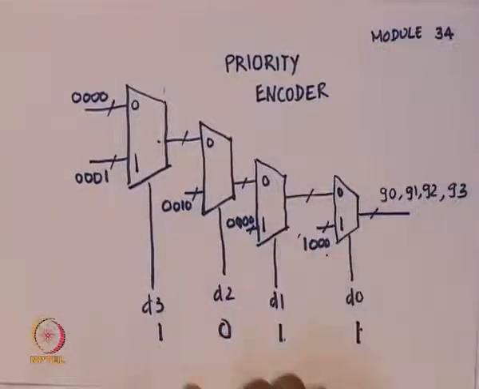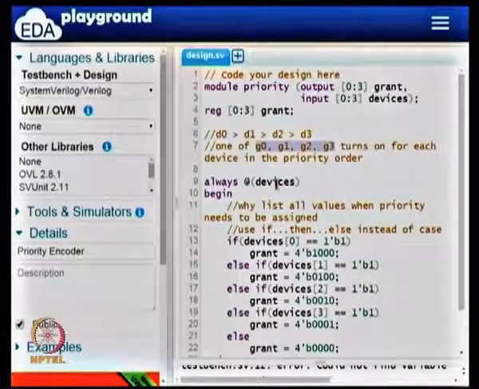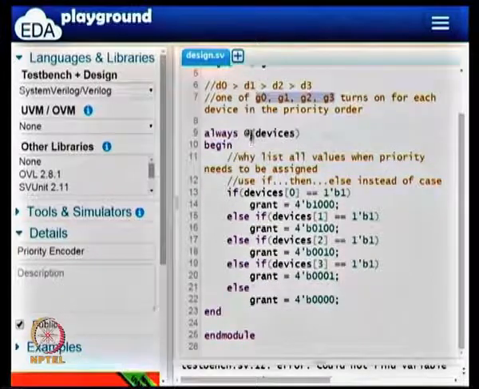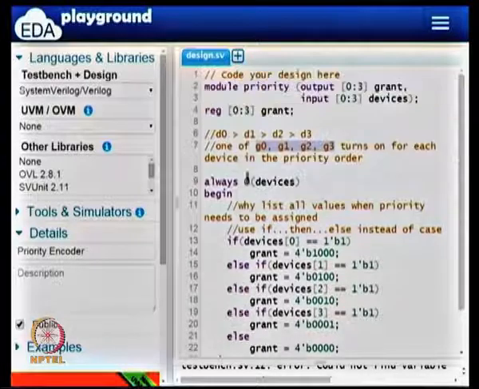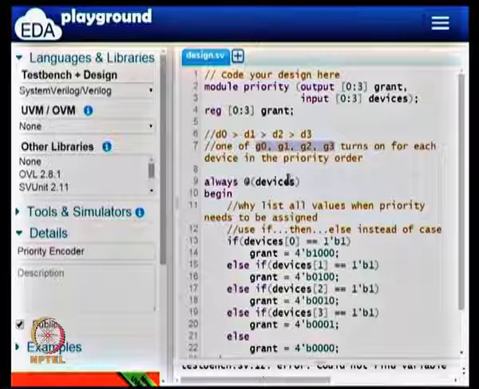So if you want to do something like this, let us see the code again. If you were to write it in a language, it is natural for us to think in what order the inputs should be checked. Let us see the code here. I have written an always statement. It takes all the devices, meaning all the bits of devices[0] to [3], all 4 of these bits.